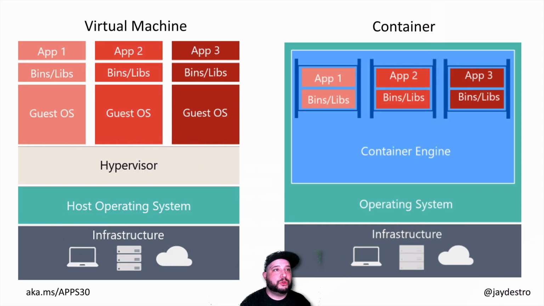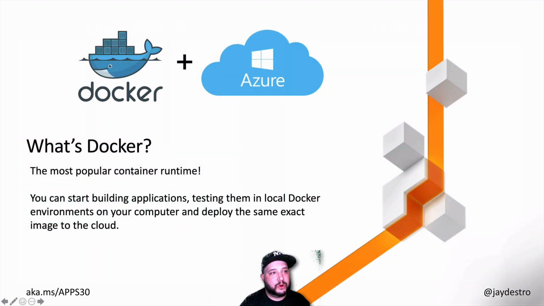So I want to show you a really great comparison of what a virtual machine looks like. If we see here, we'll start at the very bottom. This is the infrastructure. These are the servers, the physical machines that we have. Then on top of that, we actually have to have a host operating system. We have to manage that operating system. We have to manage, patch, and do all the things associated with that operating system that we would expect for any other computer. Then we have a hypervisor, something like VMware,